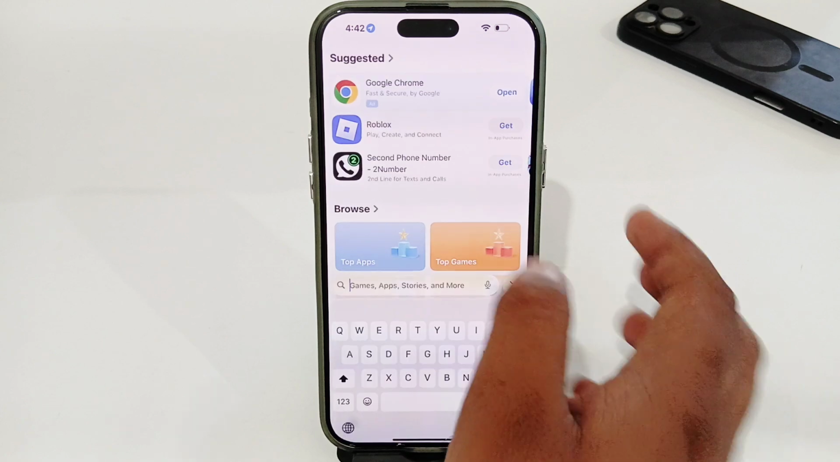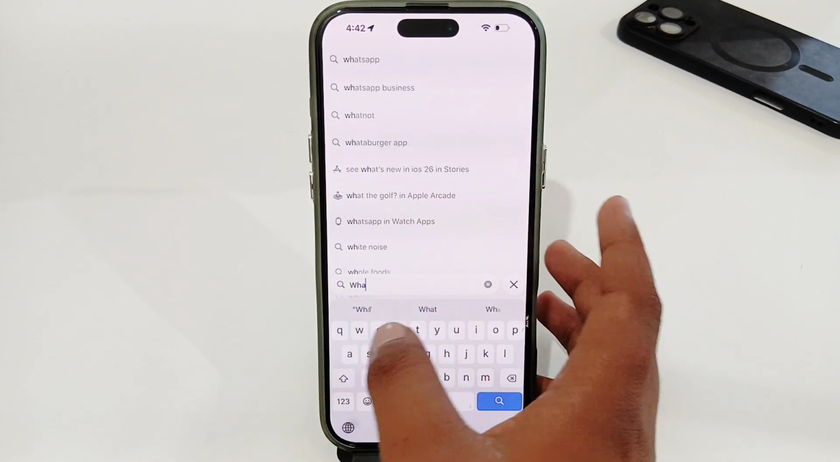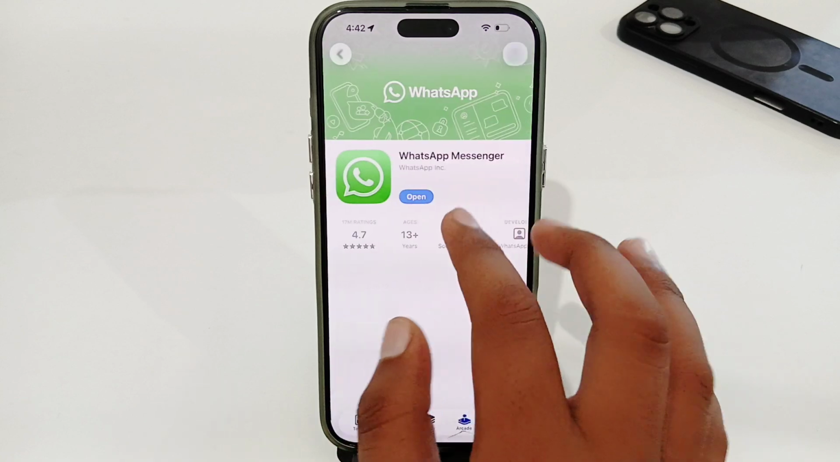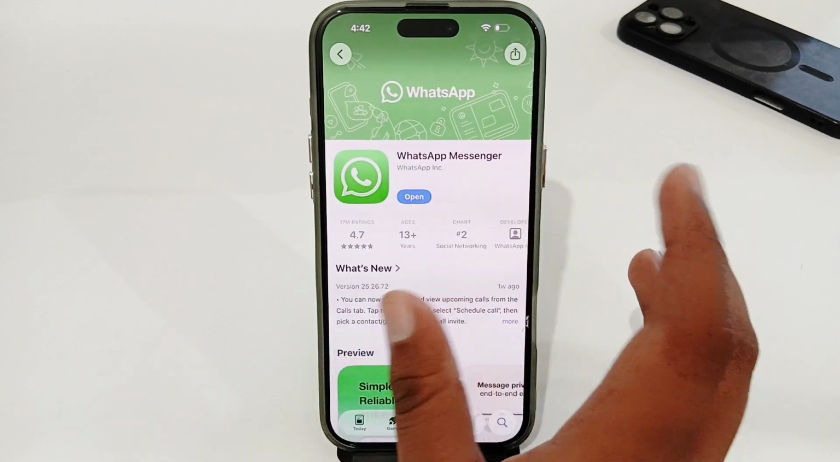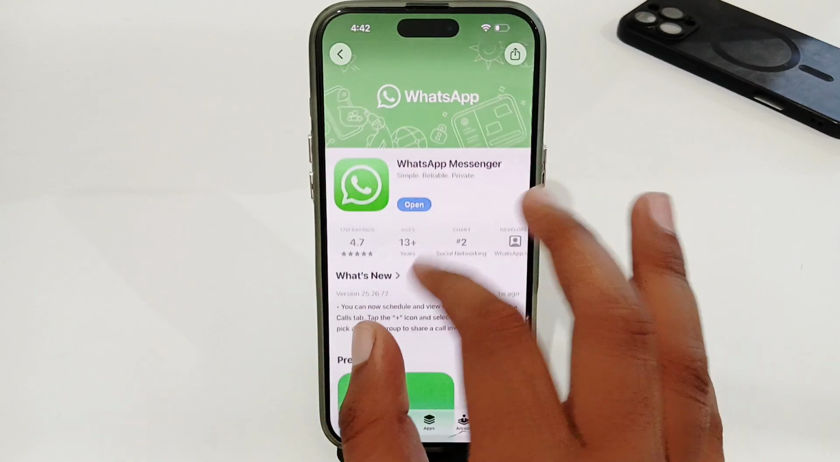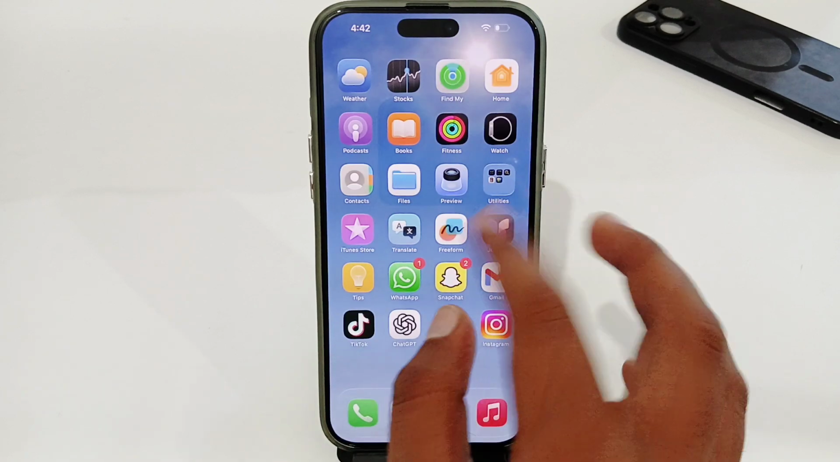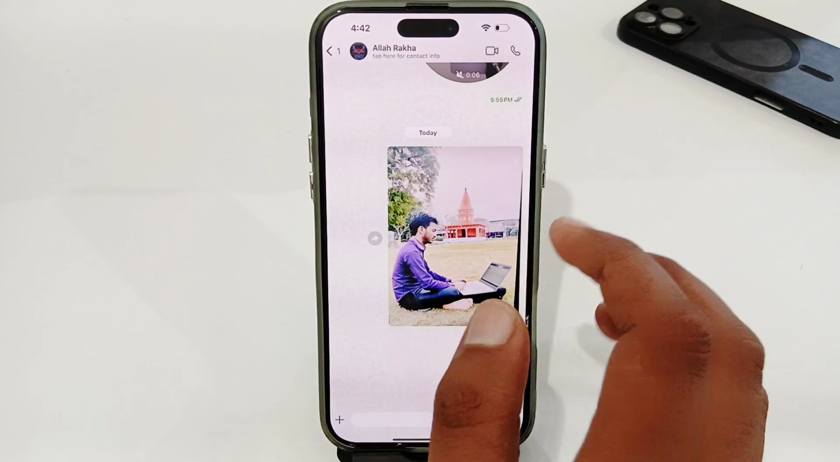search, and you have to simply search for WhatsApp. Once you have searched, you have to make sure that you don't have any update available for your WhatsApp, or if you have any update here, you have to try to update your app. And once you have updated, you just have to open up your WhatsApp, and here open the specific chat in